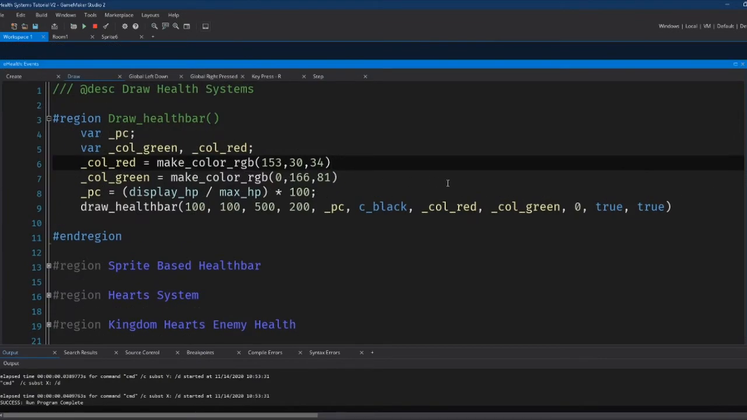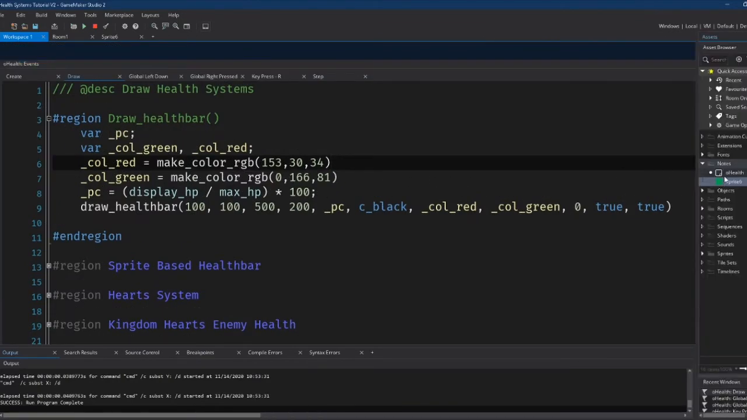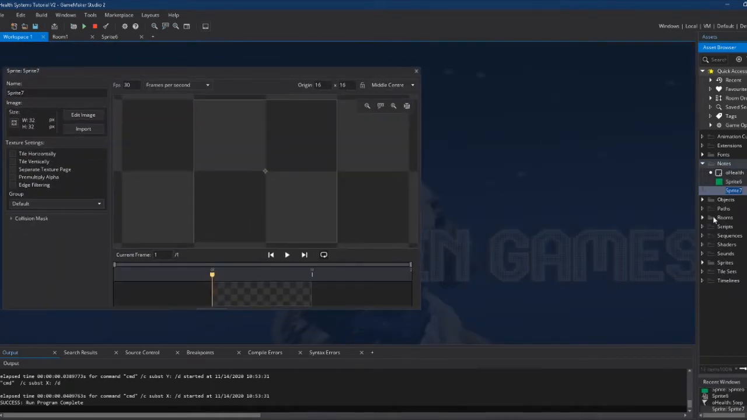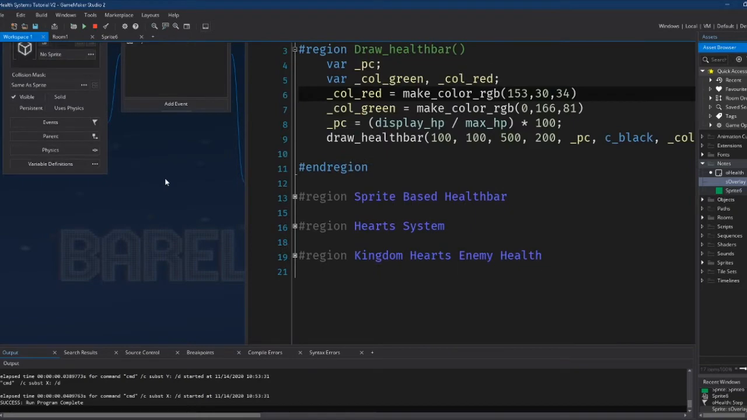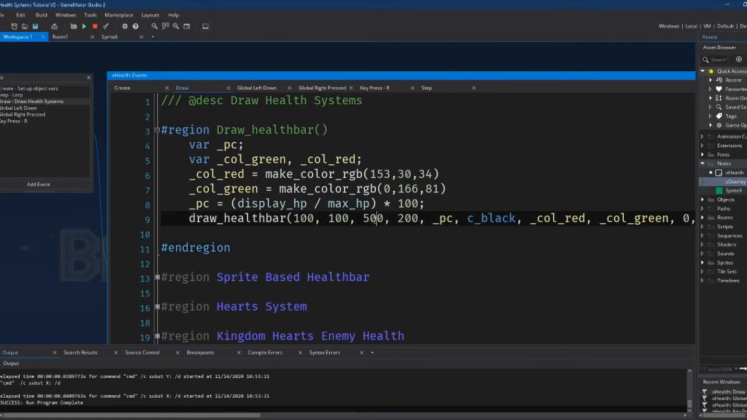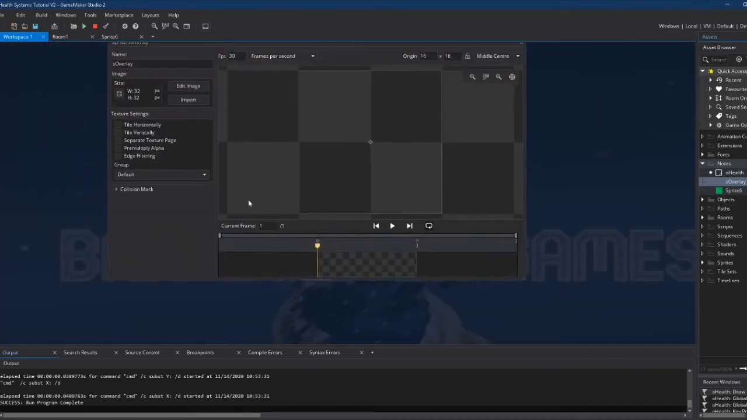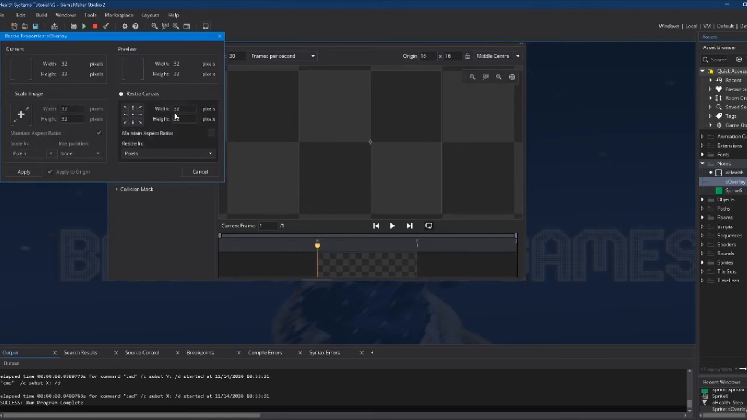The next thing we're going to do is create a sprite overlay. So the way to do that, let's create a sprite. Let's just call this S overlay. What we need to know is how big this is, right? Between 100 and 500, that's our X values, and our Y values are 100, 200. So this is really a 400 pixel difference and a 100 pixel difference. So that's the size of our health bar on the screen, 400 by 100. So what I'll do is go in here, hit 400 and 100,